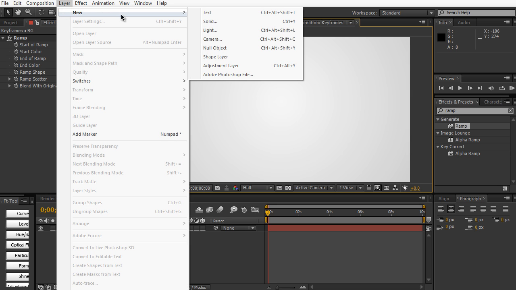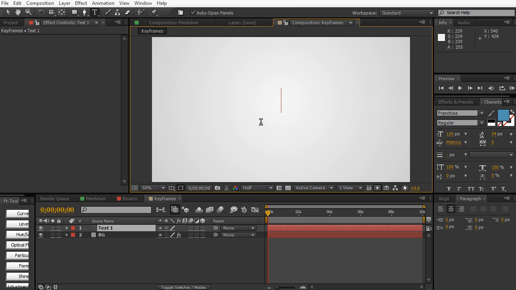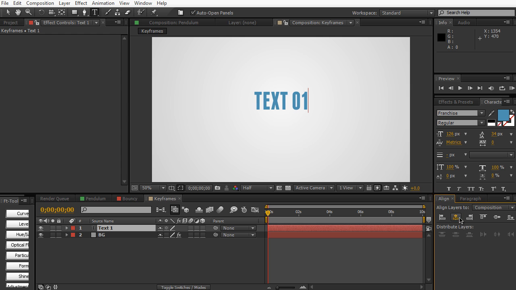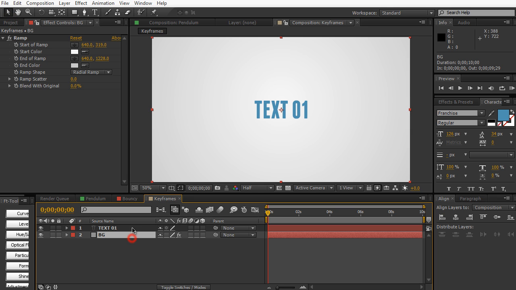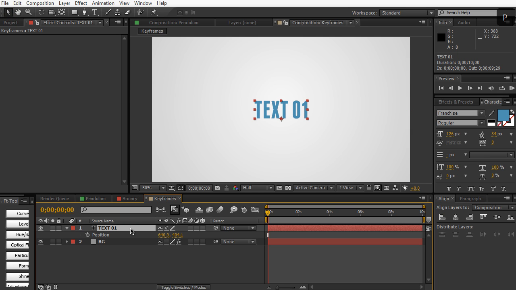I'm going to create a new text layer. Let's go text, and we're just going to call this one text 01. Just very generic, and we can center it up in the middle. A lot of times for transitions, your text is always going to be moving. It's probably not going to be fading in, fading out. We're probably always going to be animating our text. And maybe we can make it appear from the left side, so we can just drag it over here,